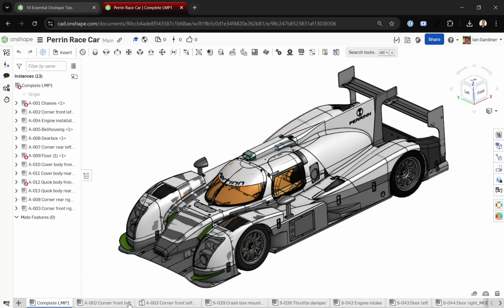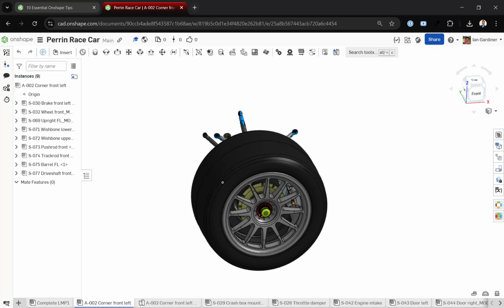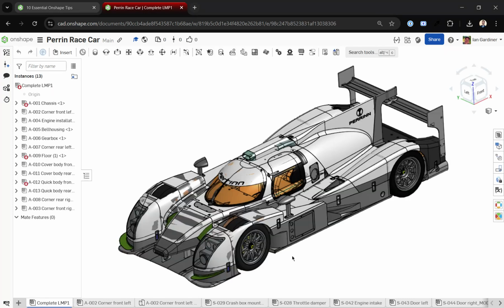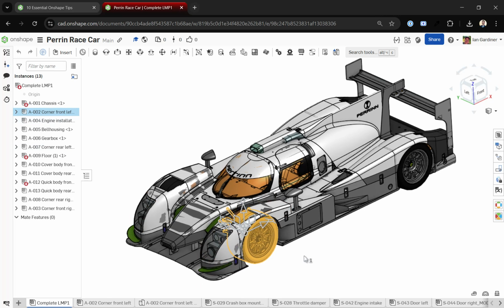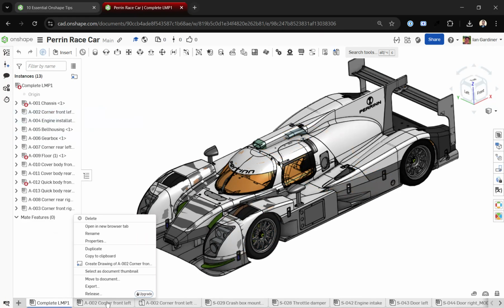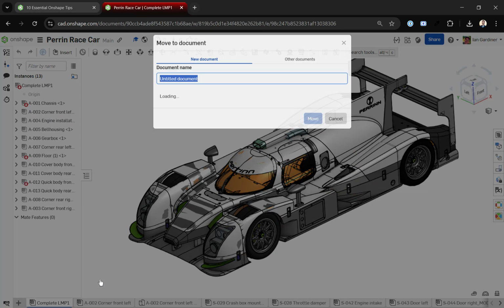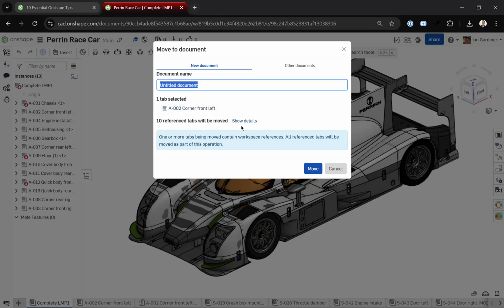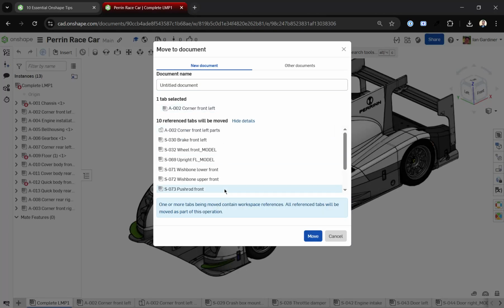So suppose we're going to take this front left corner here, which is the wheel up here in the front left, and we'd like to separate this out into its own subdocument. So you can simply right click on the tab and say move to document, and it will naturally pick up all the sub-assemblies within it, as well as the part studio, which generates the geometry for all these sub-assemblies. And let's call this